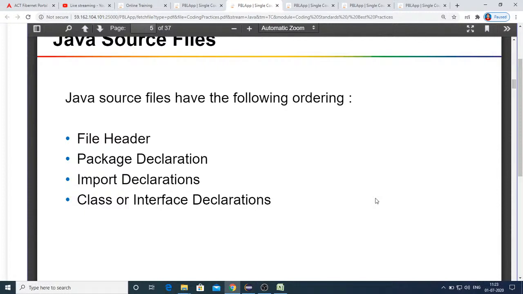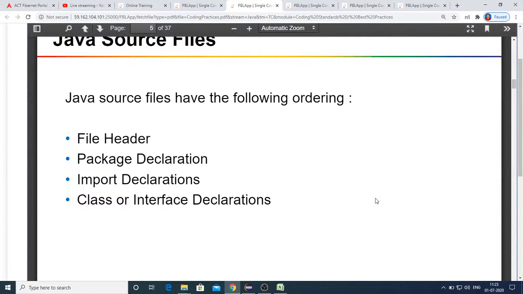For that reason, when you write import declarations, make sure you do not use something like import java.io.star, import java.util.star, import java.sql.star. That's not recommended. You have to do it with specific class imports only. That's the major rule of import declarations.